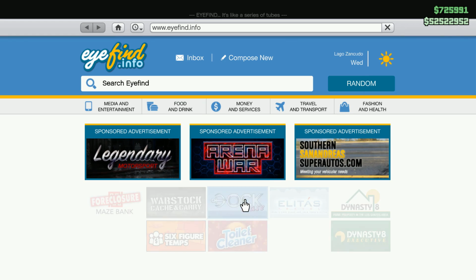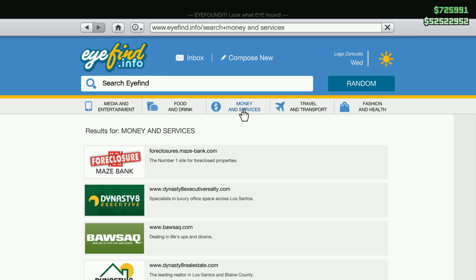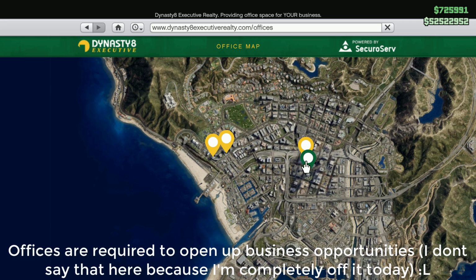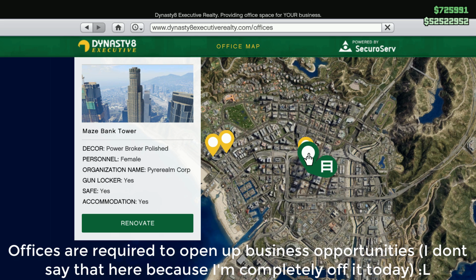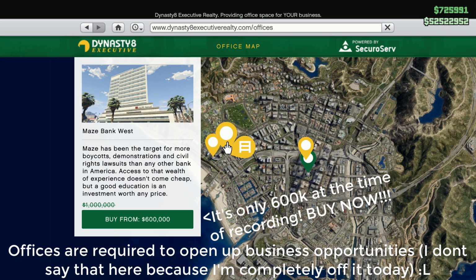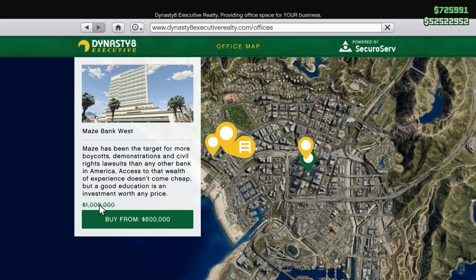An office is quite possibly one of the most important things a player can have in GTA Online. They open up so many opportunities. If you decide to fork out the extra cash required, you can buy living quarters, a weapon safe, as well as a bunch of other stuff. Once you have your very own office, you now need to